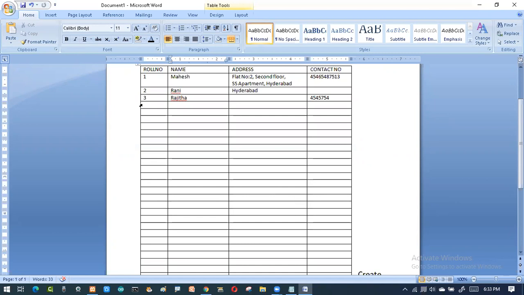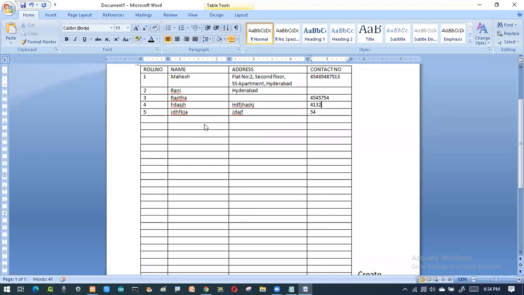Say I want to enter the records like this. Here I want to add 4, then 5 record, 6 record, then 7th record, like this. Whichever I want to do, I have to do all the things. So I have to fill in everything. If I want to fill the fourth record, I'm typing 4, then the name, then the address, then the contact number. Then I'm going for roll number 5, and again I have to type the name, the address, and the contact number. So every time I have to do it like this. Is there any chance to avoid such a thing?